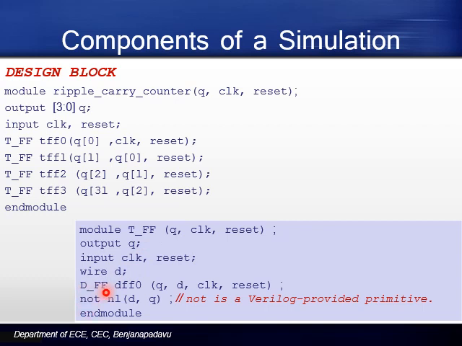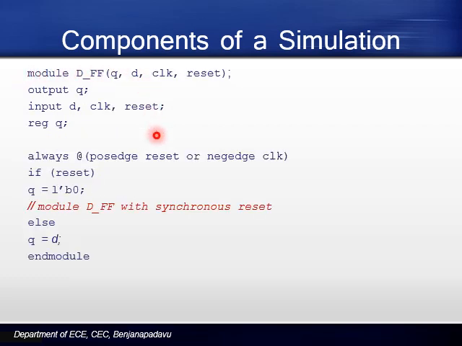That is, one is the D flip-flop with the 4 IOs and one NOT gate, which is a Verilog provided primitive. So this is inbuilt, this is already defined in Verilog, whereas this D underscore flip-flop is user defined. Now the job of the designer is to define the module D flip-flop. So the D flip-flop once again is this, where you have defined the functionality of the D flip-flop.